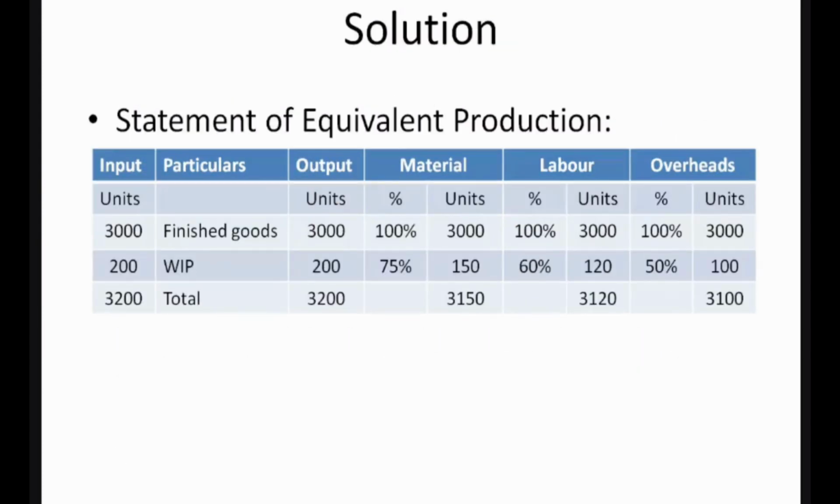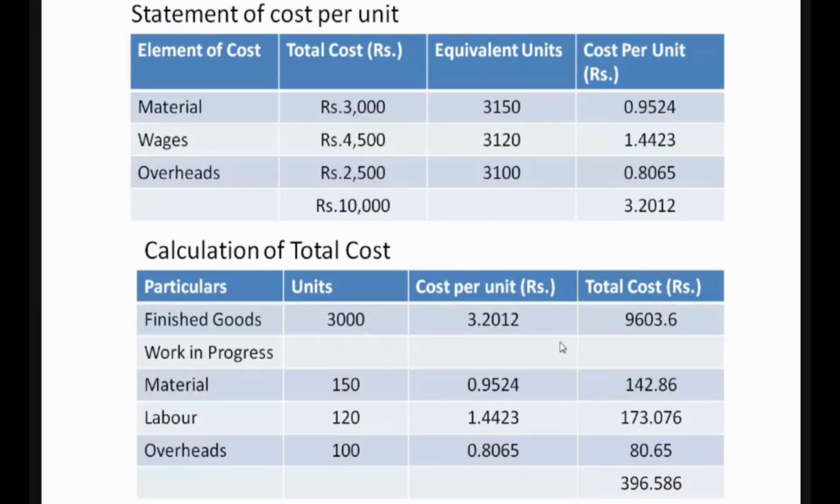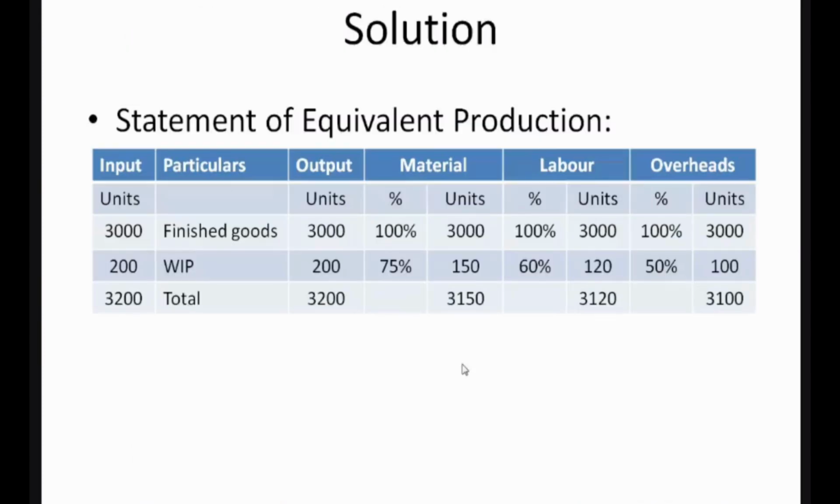This is the solution. First of all, we need to calculate equivalent production, equivalent unit. So how do we calculate equivalent unit? So there are 3000 finished goods and 100% complete. So 100% complete from material point of view, okay, from labor point of view, and from the overhead point of view. આ ત્રણેયના point of view થી, okay, અહીંયા તમને દેખાય છે. Then WIP, okay, WIP,